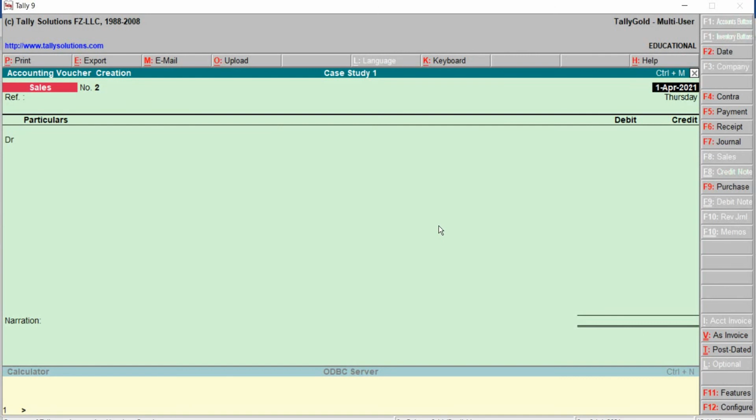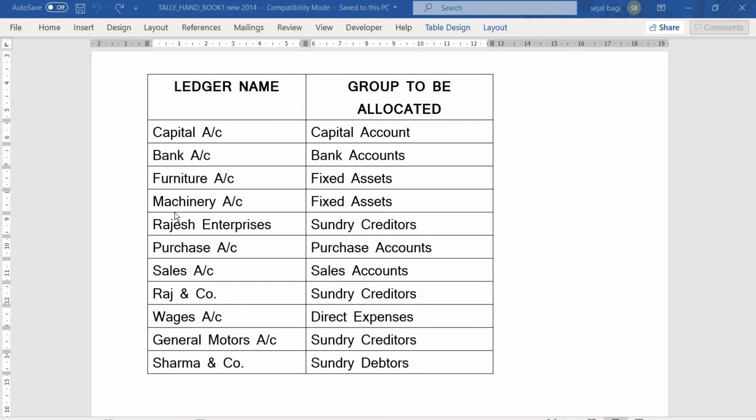This completes the case study, and now let's see how to write down in case of theory examination. While writing in case of theory examination, two tables has to be created. The first table contains two column headings. One will be the ledger name, the other one will be group to be allocated.